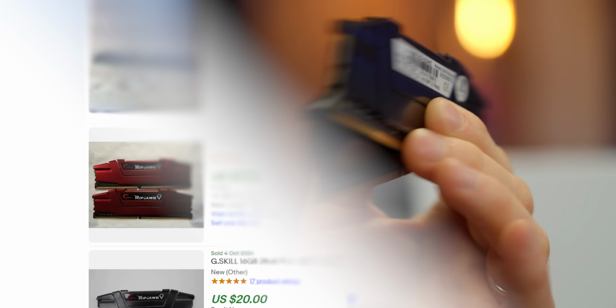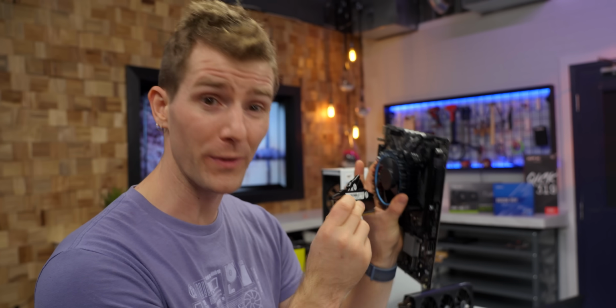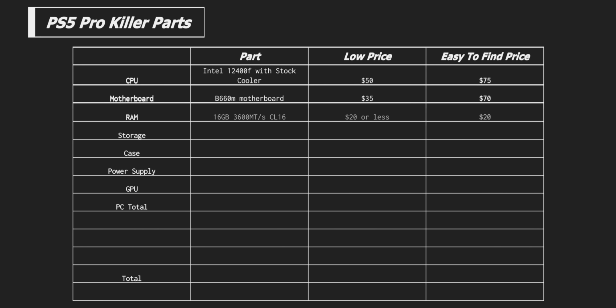But going used means you need to be flexible and snag whatever works and is cheap. But hey, at least being B660, it does support higher speed XMP memory kits. Like this one, our 16 gig kit of G.Skill Ripjaws 5. Now it's worth noting that because of our CPU choice, we could have gone with DDR5 and a DDR5 motherboard. But this kit was just 20 bucks, and every penny counts, especially now that we need to match the